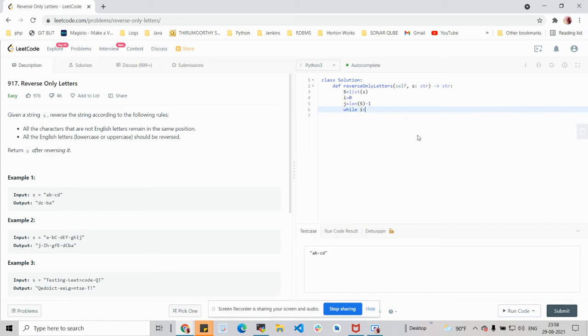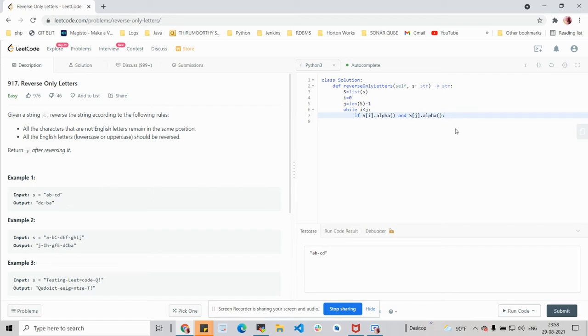So while i is less than j, I'm checking if the character present in that particular index from the beginning is an alphabet and the last character is also an alphabet, because we should retain all the special characters in the same position as they are in the original string.